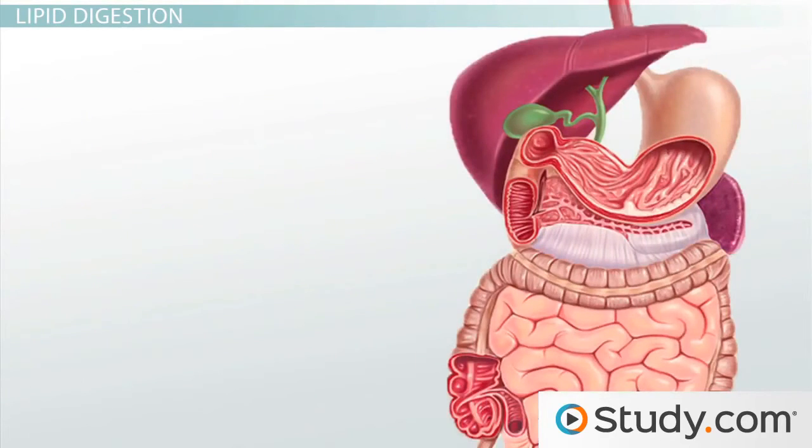Although the liver produces bile, it is stored in the gallbladder, which then releases it into the duodenum when digestion is taking place. The small